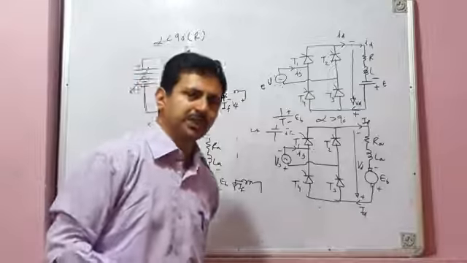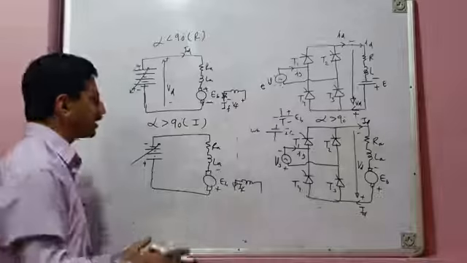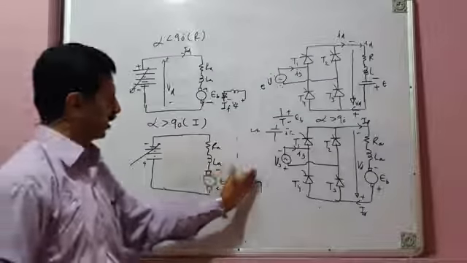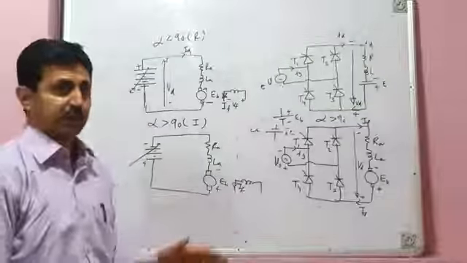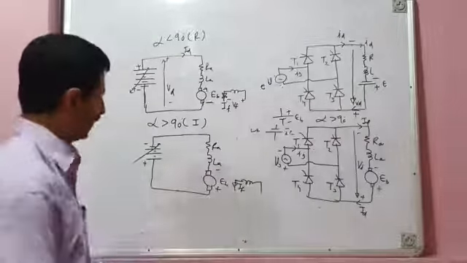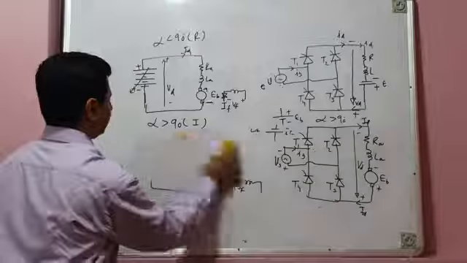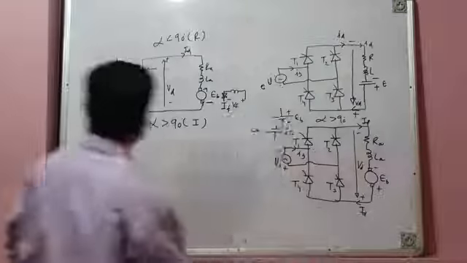So therefore, the response of the drive, or the response of the motor, will be very, very slow. For fast response, therefore, it is not recommended to change the direction of field current because of the highly inductive nature of the field circuit. So what is done? The armature terminals are flipped, like this.